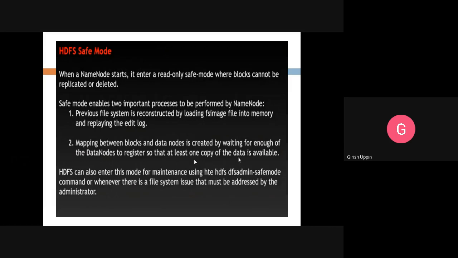The other time when we use the safe mode is whenever there is maintenance work. So you want to do certain maintenance work, and you don't want the state of the particular name node metadata to change, then the administrator can manually put the name node into the safe mode, where everything will be frozen. Everything in the sense, the state metadata of the name node will be frozen and no other operations will take place. Okay, so how to do that?